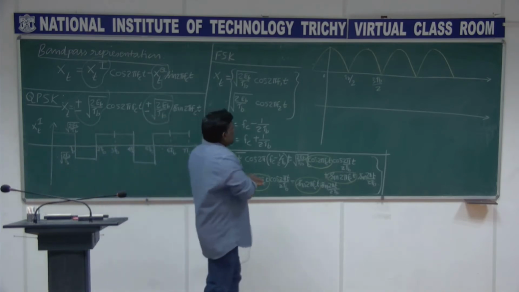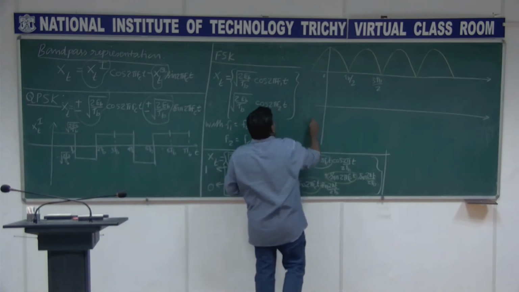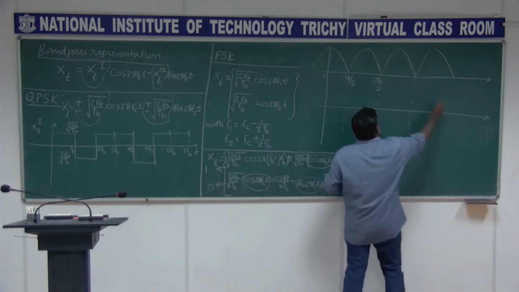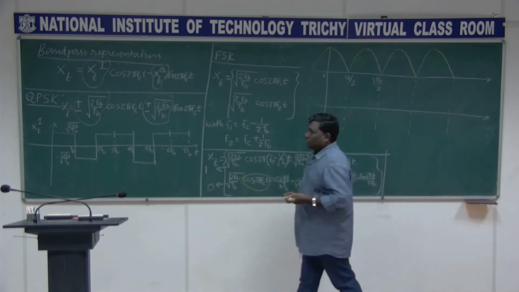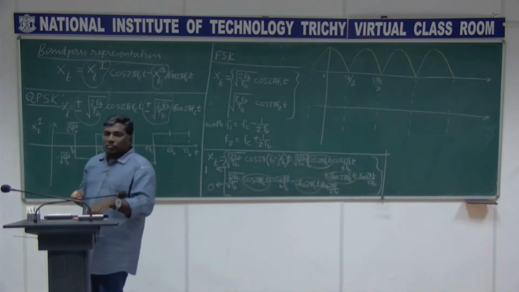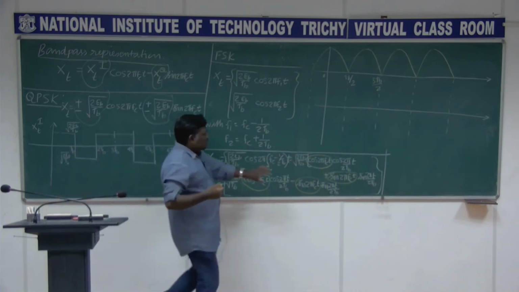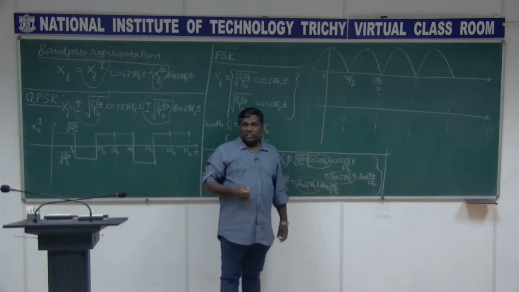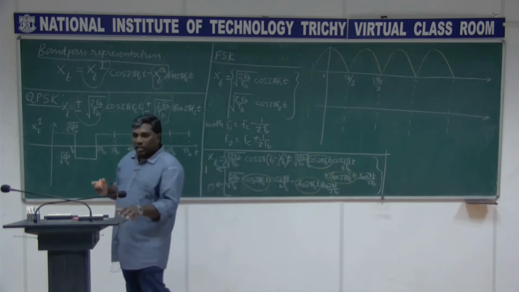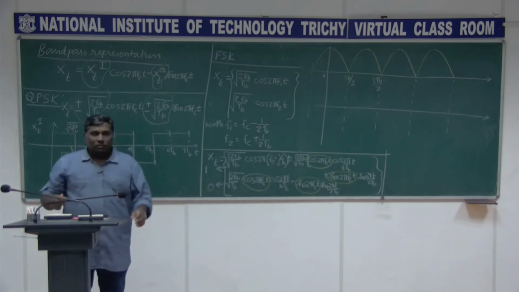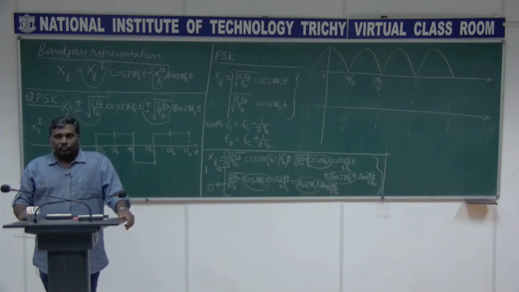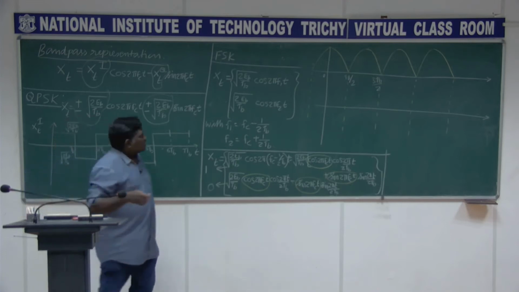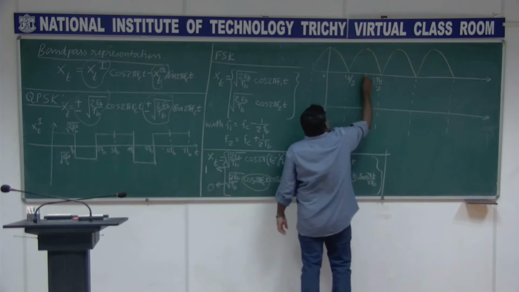But when it comes to this quadrature component, it is not like that, right? In case of the quadrature component, if it is 1, it takes plus. If it is 0, it takes minus. So that way it is going to be there, and the pulse shape is going to be sine, not cos. Right? Are you getting this? So it is going to be like this.